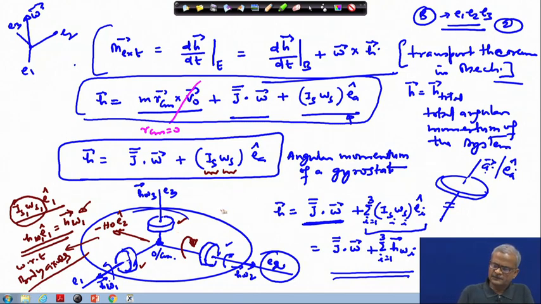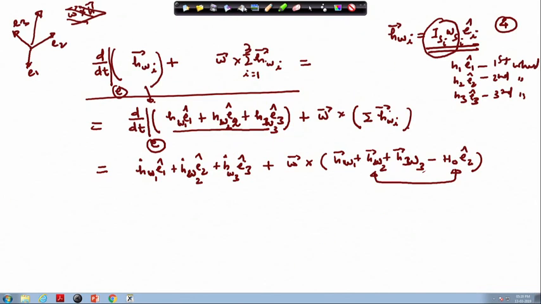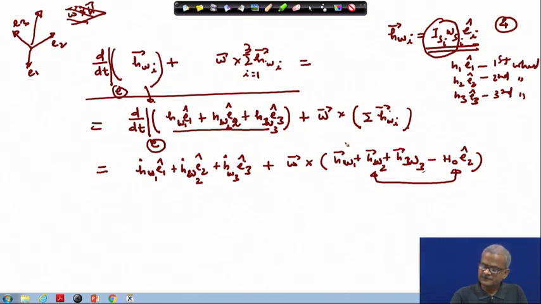Then if the satellite is getting diverted from its equilibrium state or the reference state because of the external disturbance, you will speed up these wheels, this one wheel, this is the second one, and this is the third one. Okay. So, as you speed up, these terms will then appear, all these three terms will appear, and this modifies your equation of motion.